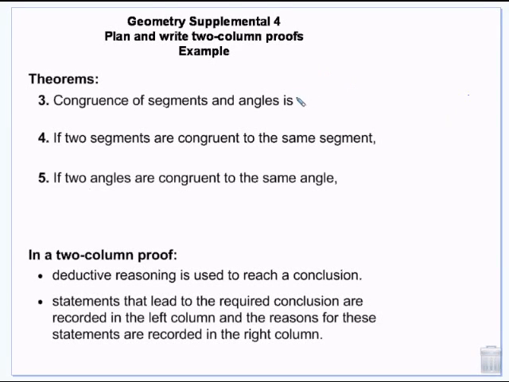of segments and angles is reflexive, symmetric, it's the notes, and transitive. Okay, so what this means is if A is congruent to A, that's reflexive. If A is congruent to B, then B is congruent to A, that's the symmetric. And transitive, it's the same exact property as reflexive, symmetric, and transitive when we dealt with equal sign, only we replace the equal sign with the symbol for congruence,